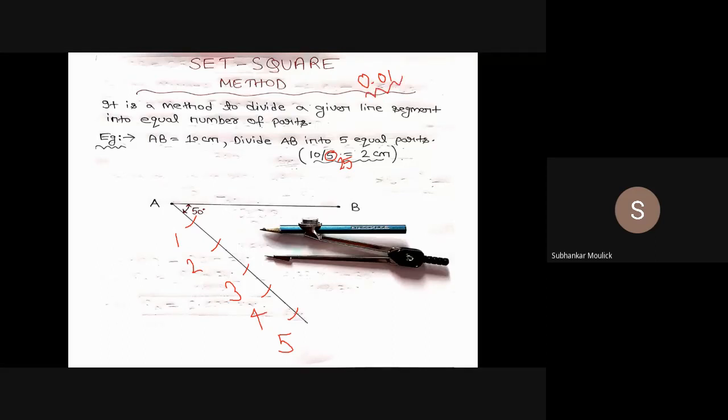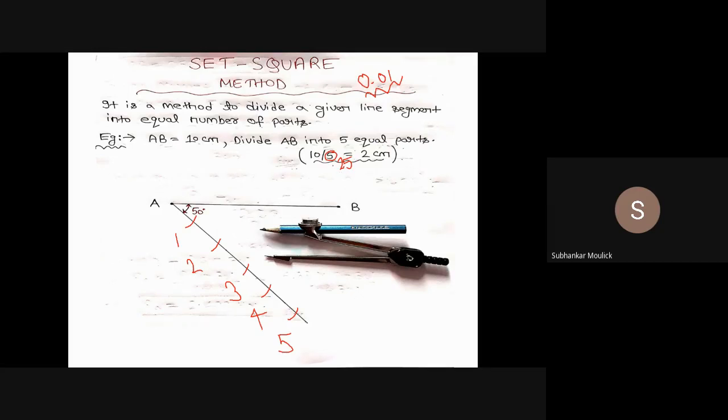You cannot take this much length, so just take an accurate length up to 1 decimal point, because we can measure the distance only till 1 decimal point with the scale which I am having. So definitely nobody will give you a problem to divide a 10 centimeter line into 25 equal parts.